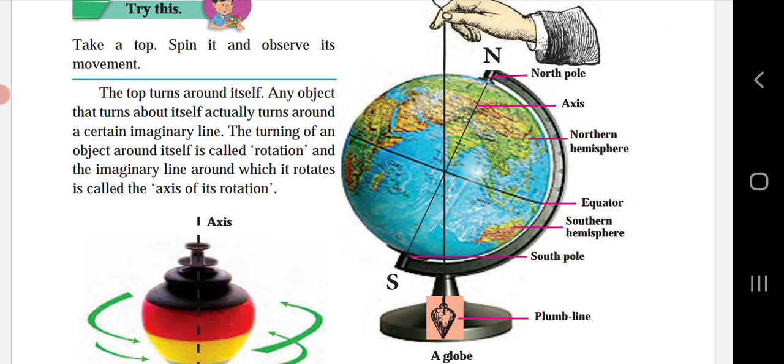Equator. About the equator, we had studied that the imaginary circle present exactly between the North and the South Poles on the surface of the Earth is called the equator. About hemisphere, we had studied what a hemisphere is. The hemisphere present to the north of the equator is called the northern hemisphere, while the one present in the south of the equator is called the southern hemisphere.